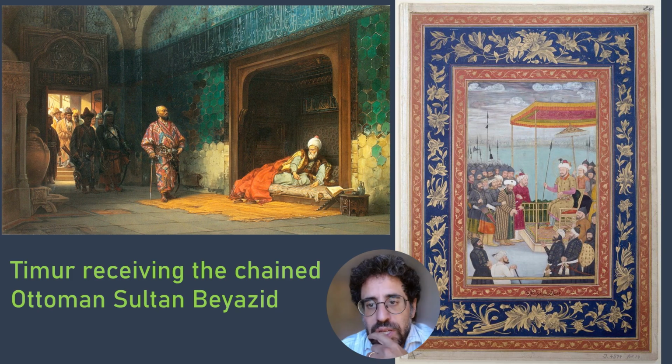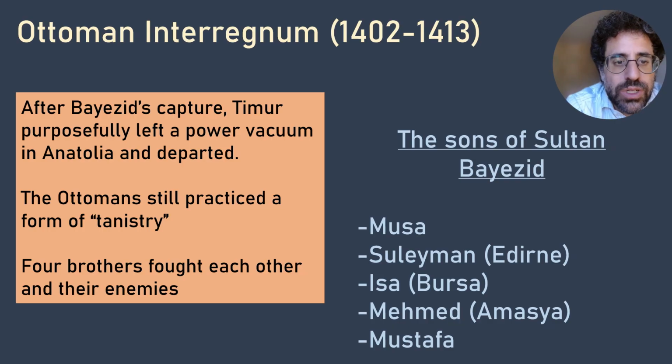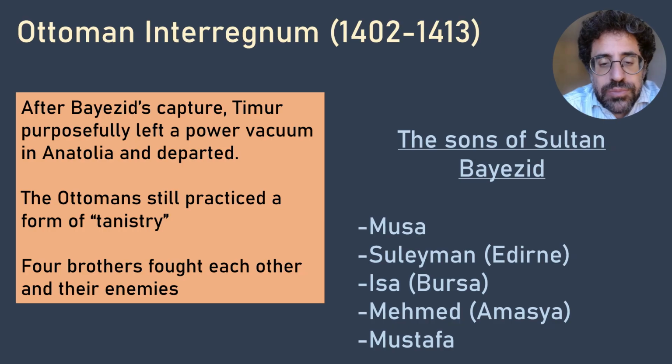Now, for us, the more important part as well is that in this power vacuum, the Sultan and his two sons, Musa and Mustafa, were gone. So that left two other sons vying for control of what's left of the Ottoman Empire, basically to kind of recreate it. So now there were three other brothers. There's Suleiman and Edirne, Isa and Bursa, and Mehmed and Amasya, and they basically just fought each other